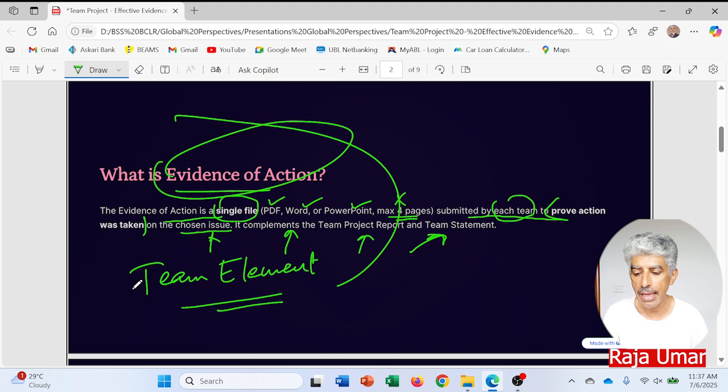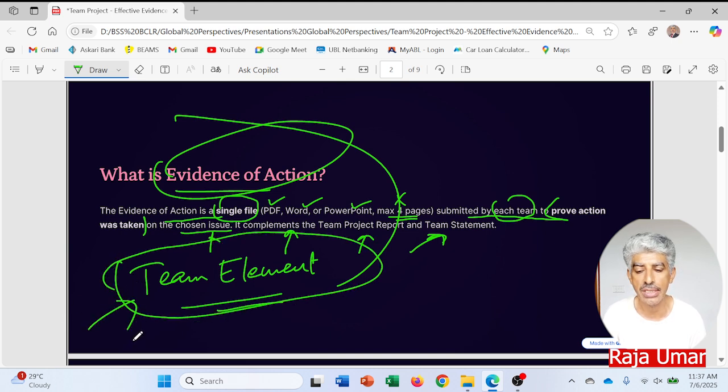Whatever actions they have explained that we took, they must be available over there in the evidence of action. So it means that they must be correlated with the team element.